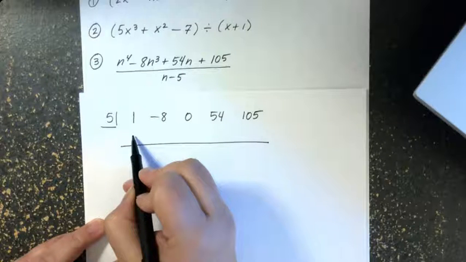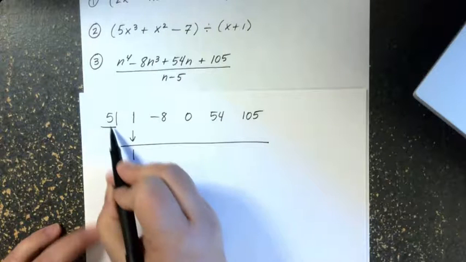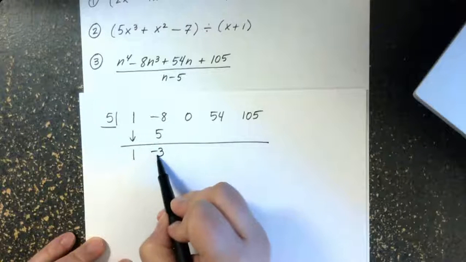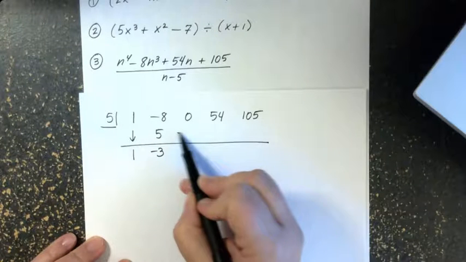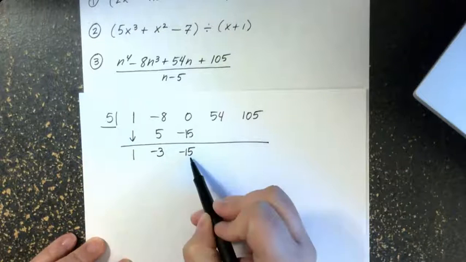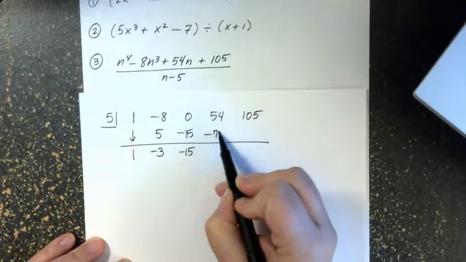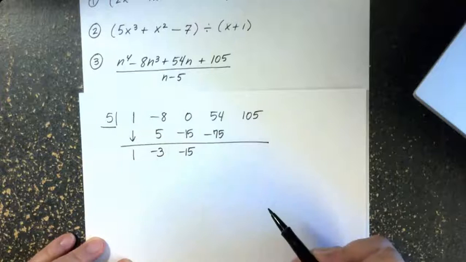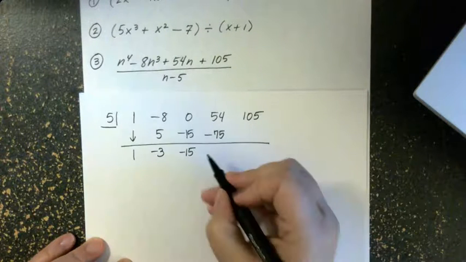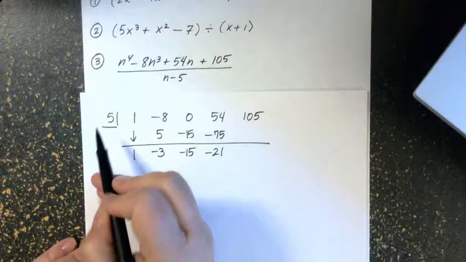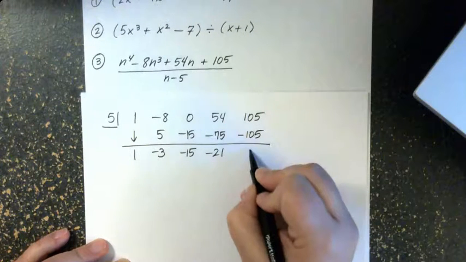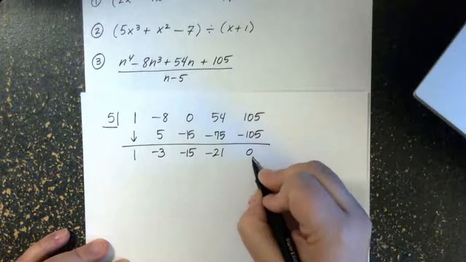Now I bring down my leading coefficient, and I start the process. 5 times 1 is 5, and I add. 5 times negative 3 is negative 15, and I add. 5 times negative 15 is negative 75, and I add. I didn't anticipate this one. Let's see. That's going to be negative 21. 5 times negative 21, voila, it's going to be negative 105, and we have no remainder, which is nice and